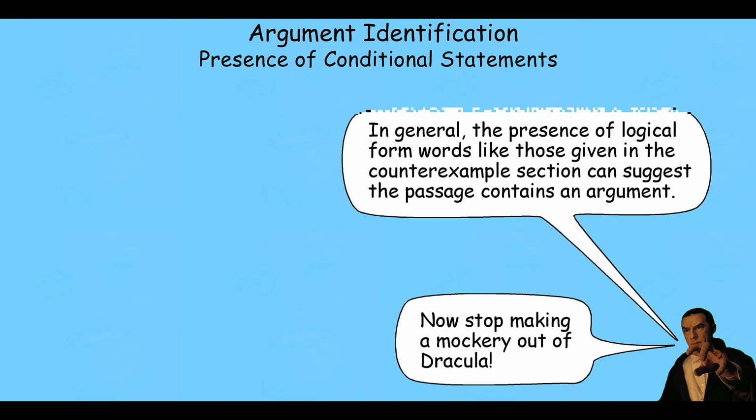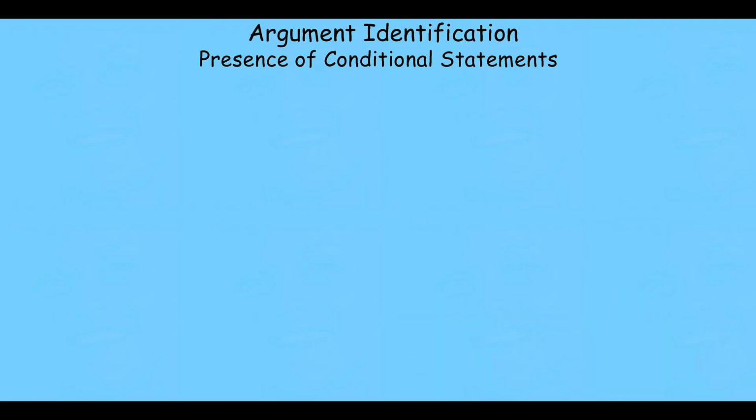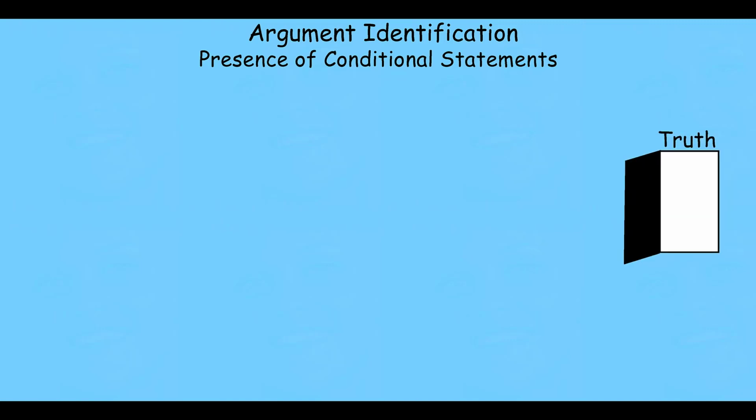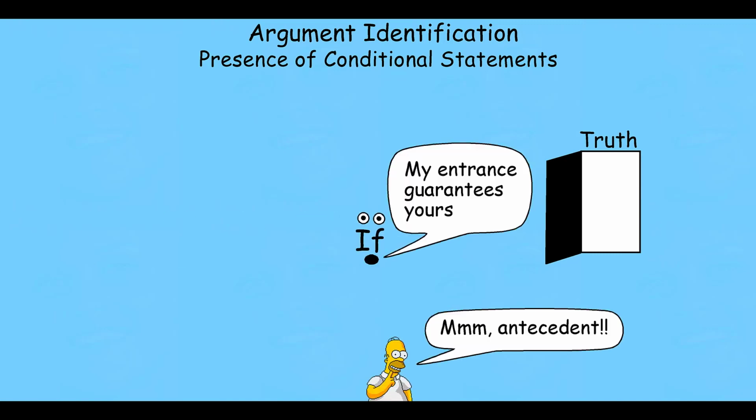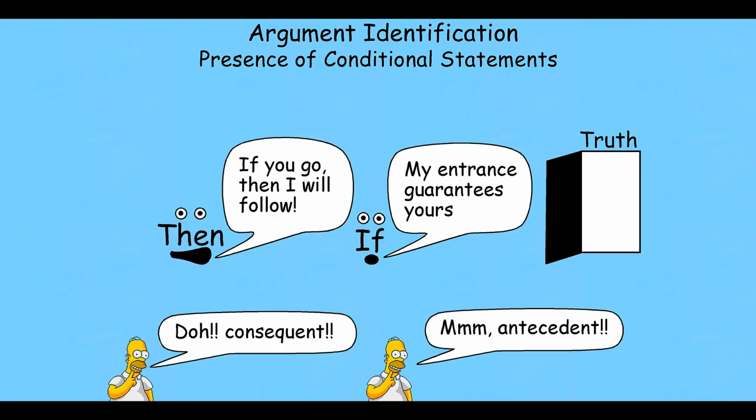For example, conditional statements are logical form words that often appear in written and spoken passages that contain arguments. They do so precisely because they relate two statements together in terms of their truth values. So recall that a conditional statement has two component statements to it. It has an antecedent statement, and that antecedent statement is the condition. It has a consequence statement, and that consequence statement is what's said to be linked to or follow from the